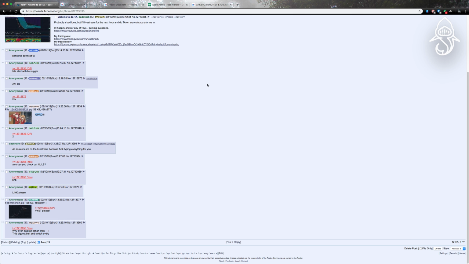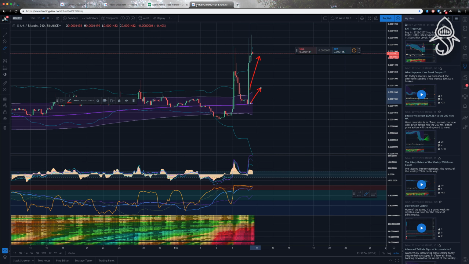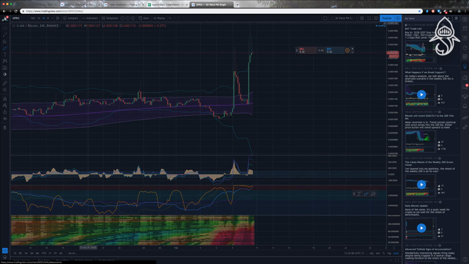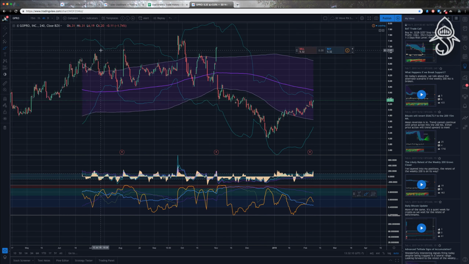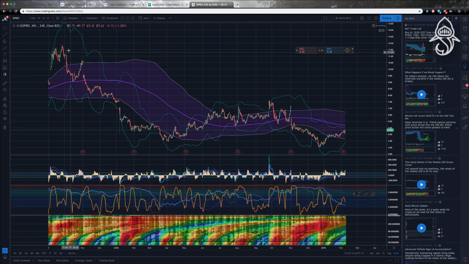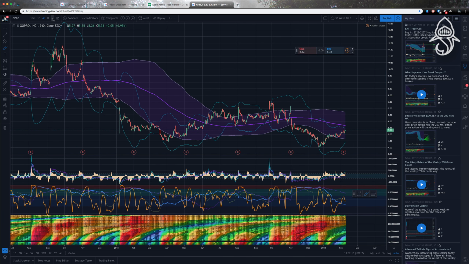GoPro. Yeah, that's fun. Okay, before I dive into the security, please note that nothing I say is financial advice. You probably shouldn't be listening to me anyway. Okay, GoPro. I've heard GoPro's been doing pretty well recently. Okay, I suppose this is what people consider good in the stock market right now, but